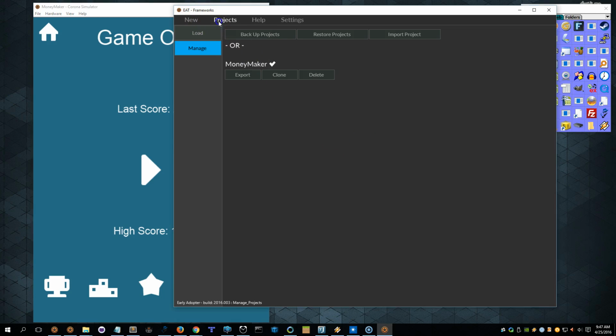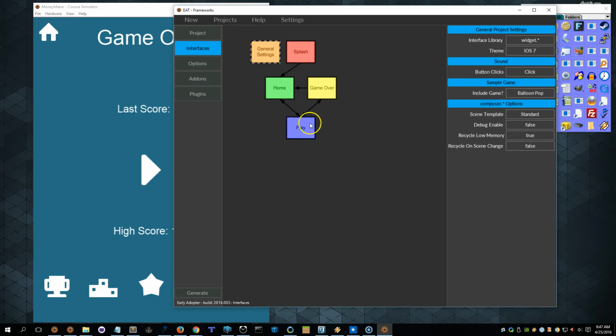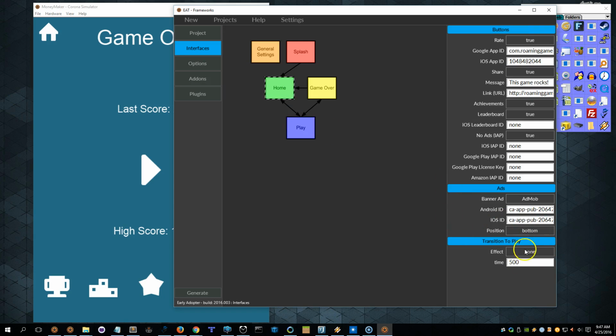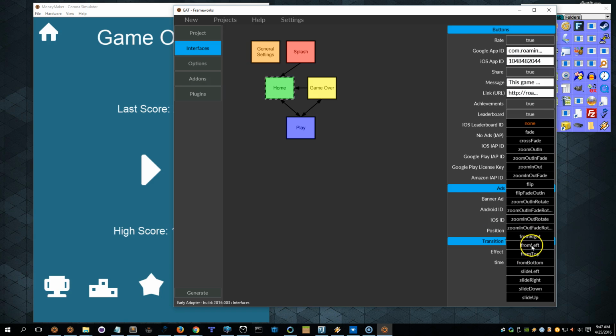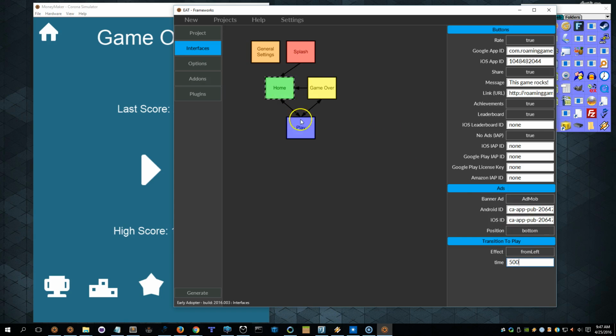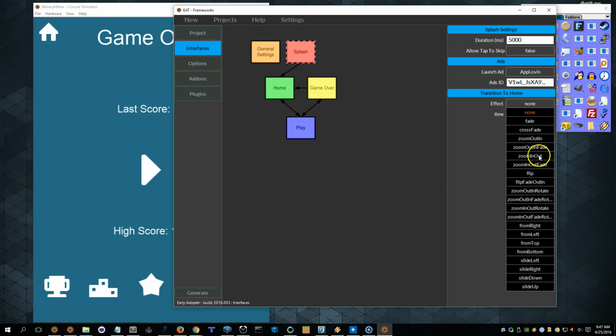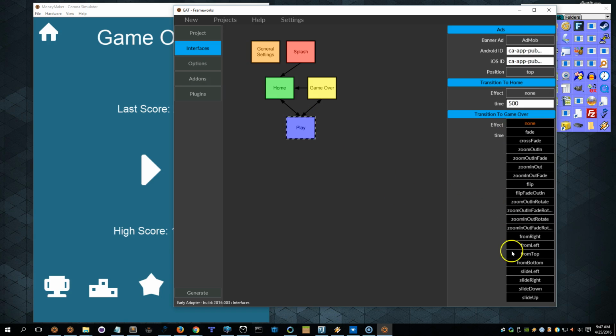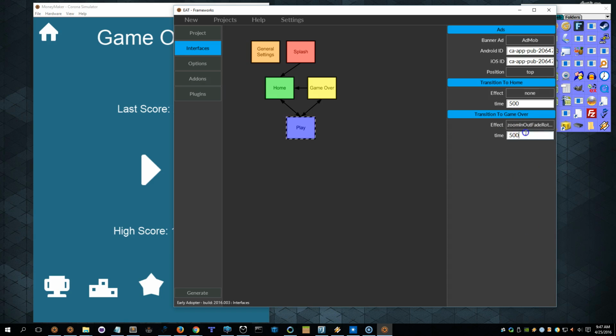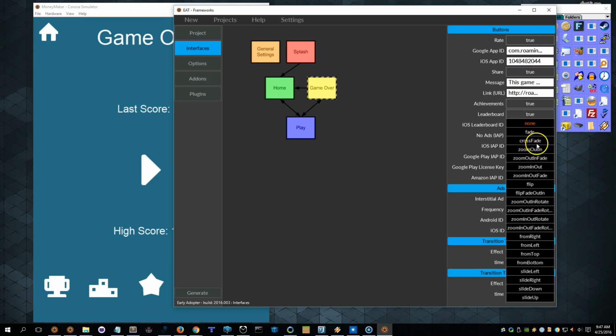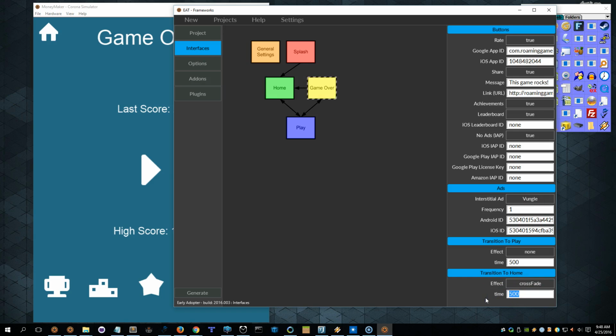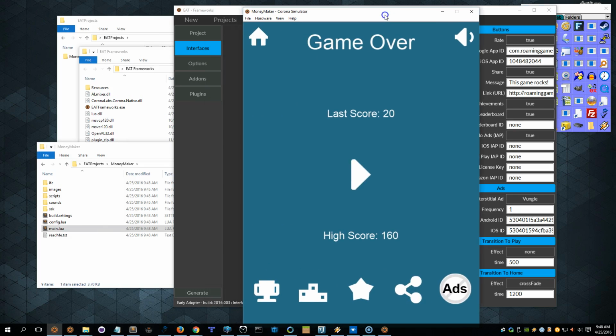So let's go back to Projects, Moneymaker, and let's go ahead and change all of these transitions. So let's make it from the left, 500, and zoom in and out. I'm just randomly choosing things here now. Zoom out, fade, rotate, make it 1,000 milliseconds. And the game over is going to be, let's do a crossfade, and 1,200. All right. I don't have to click save. I don't do anything like that. I just type my changes. It's saved automatically. And let's go ahead and reload this project now